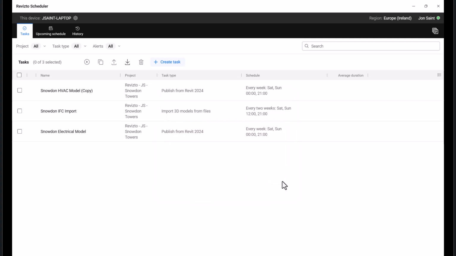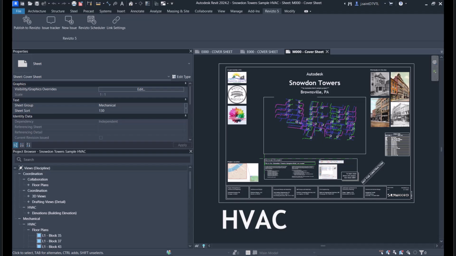What we've done is built a relationship between our plugins and our scheduler when before they were slightly disjointed. Now you can upload from the plugin and then jump straight to the scheduler, and also make any changes you want to those tasks that you create from the plugin from the scheduler. So if I go into the HVAC model, which is the one we saw in here,